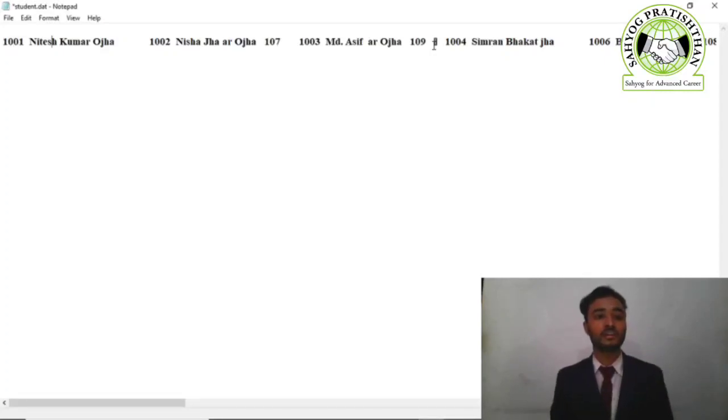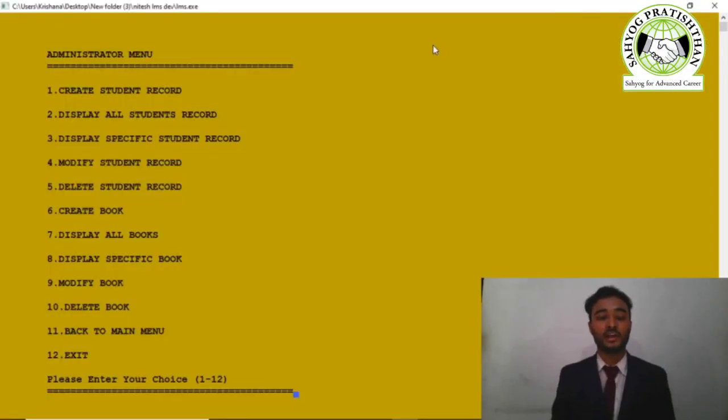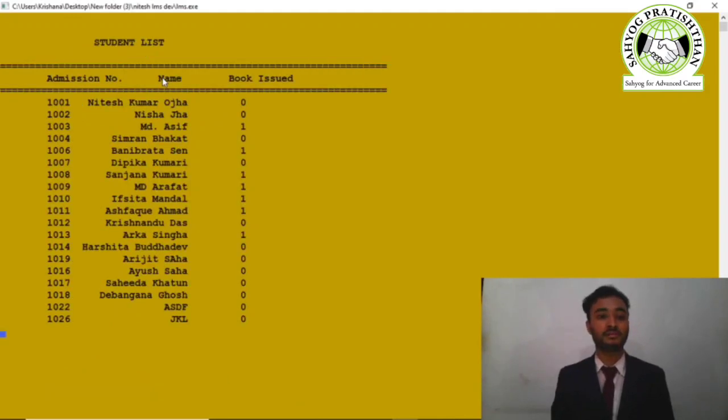But as you can see, all the data are stored in a single row. And this doesn't look good at all. And you might recall that in our software, the data is in a very tabular form. Like the admission number is in one column, the name of all the students is in another column, and all the books they issued are in the third column. So how is it possible that in the record it is in such a bad order and in the output it looks so good, so pretty?